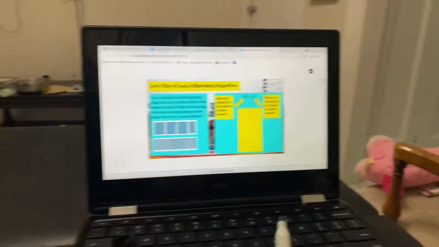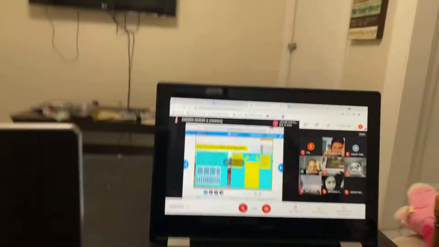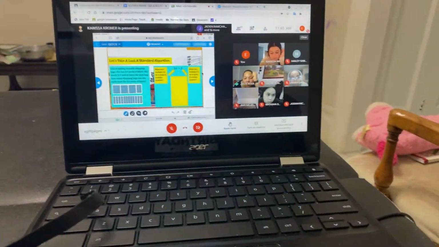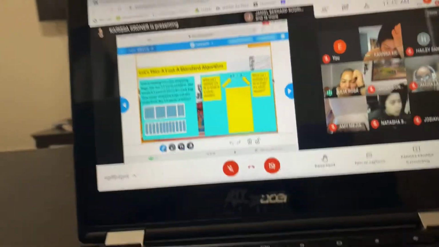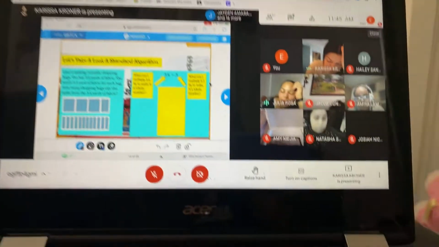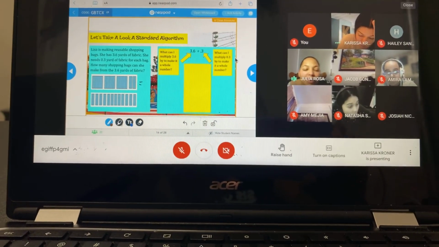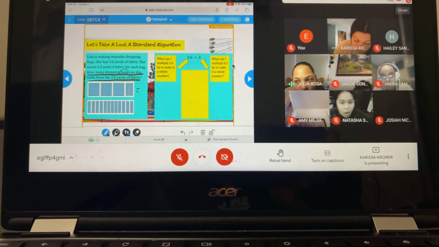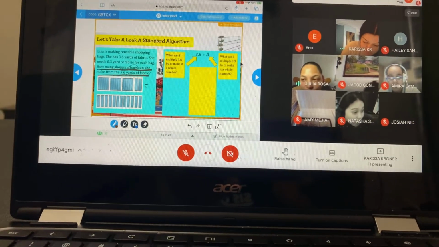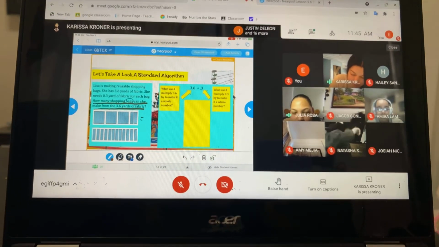That's okay. All right, let's try one. We're going to use the standard algorithm this time, okay, guys? So please pay very close attention. Lisa is making reusable shopping bags. She has 3 6/10 yards of fabric. She needs 3/10 yards of fabric for each bag. How many shopping bags can she make from 3 6/10 yards of fabric? So the question is asking us how many bags can she make? So right away, I know I need a number of bags, so that's going to be a whole number, right? Whatever my answer is